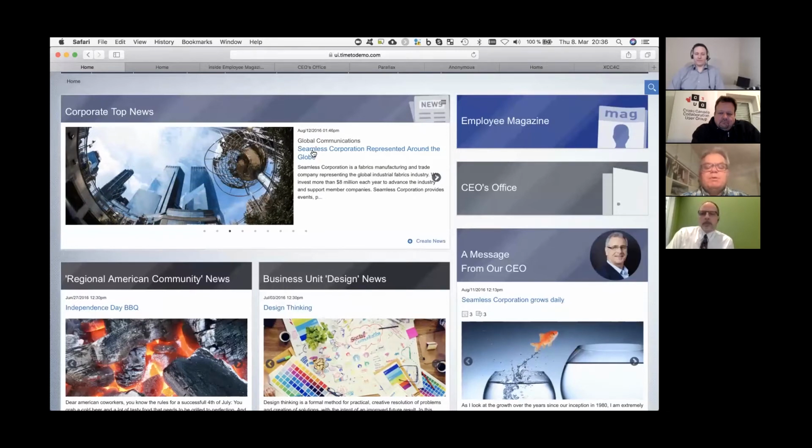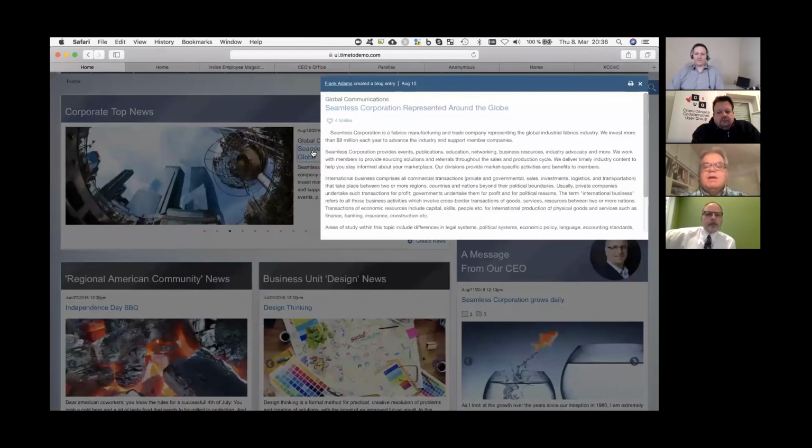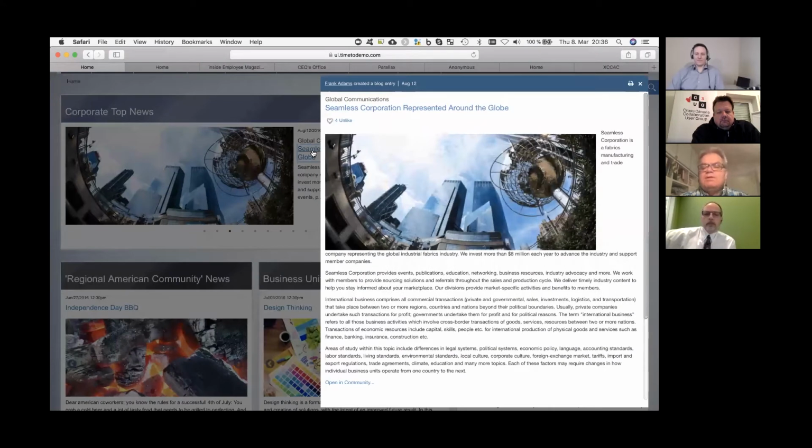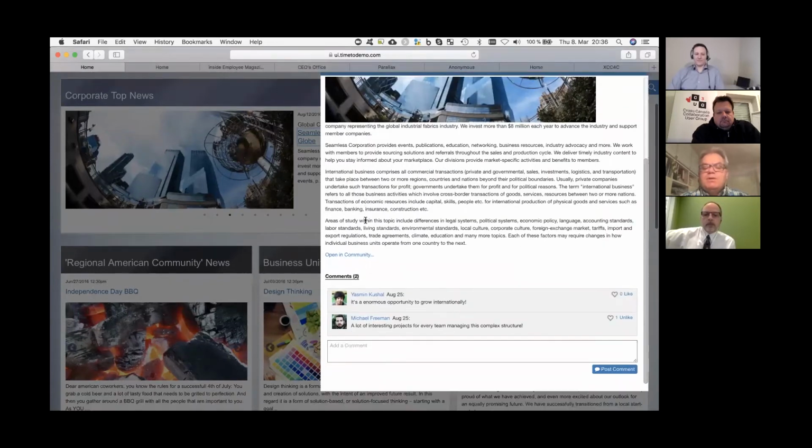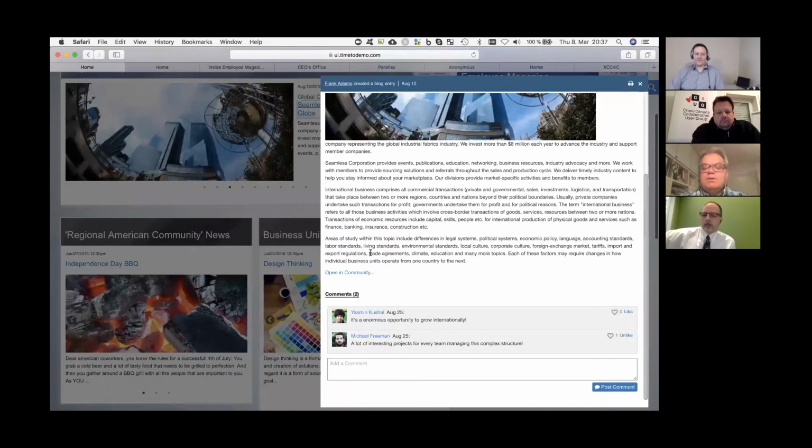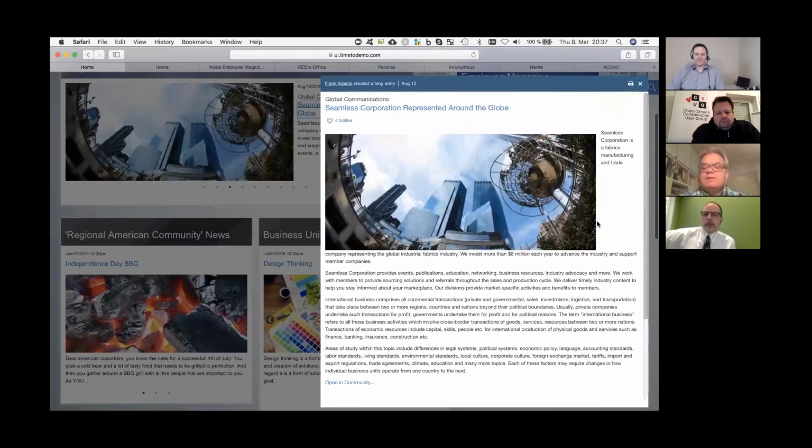And it is important to understand that all the content in here has been created with IBM Connections and still has all the IBM Connections capabilities, which means you can like the content, or you can comment on it, and you can like the comments and so on. You can comment on comments. So we've got the same capabilities as in IBM Connections, and everything that is being commented or liked here goes